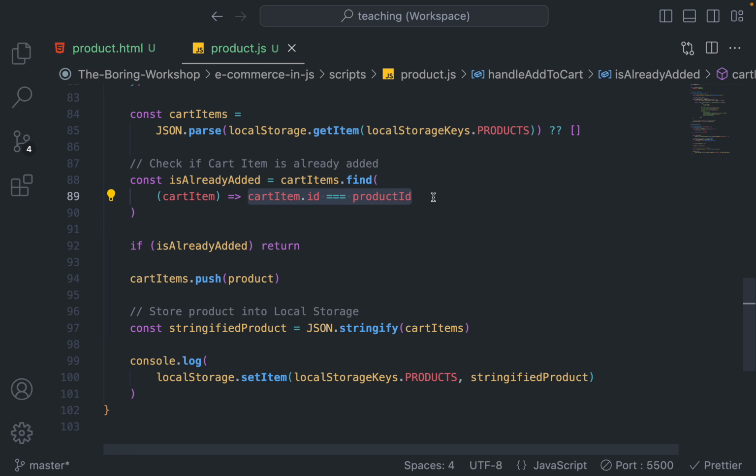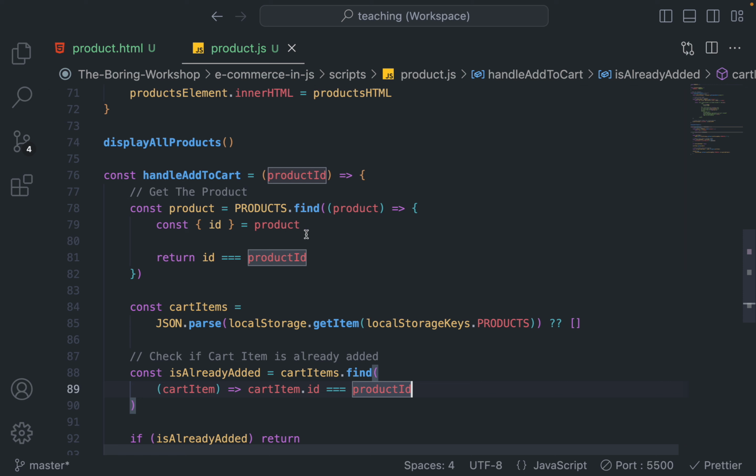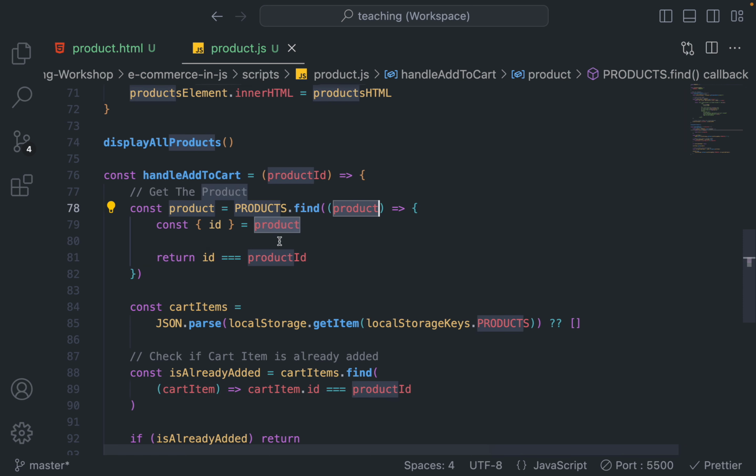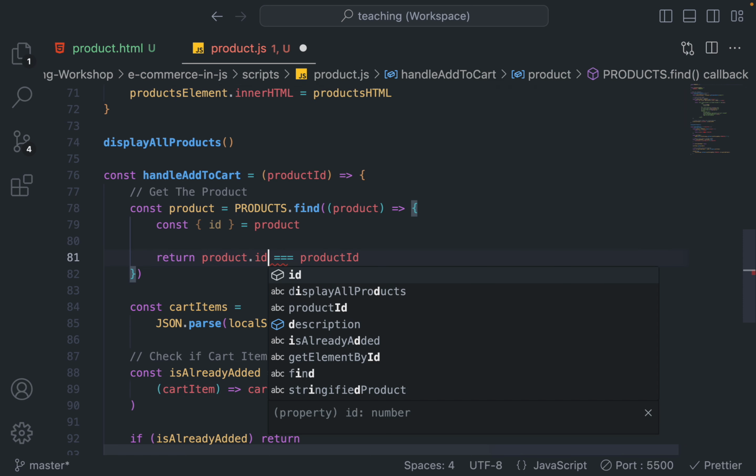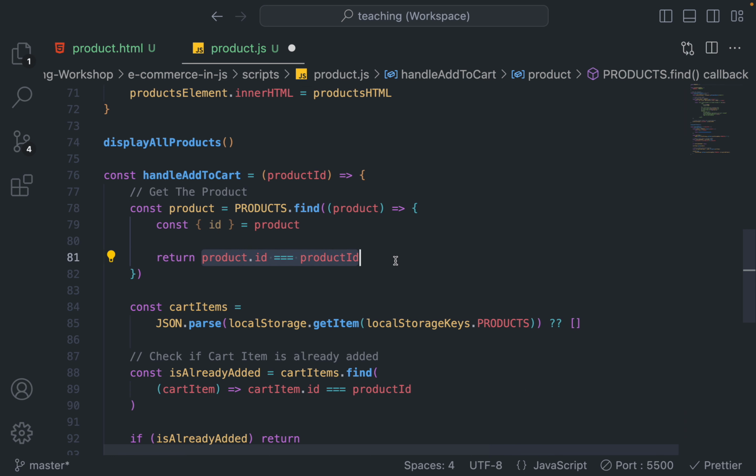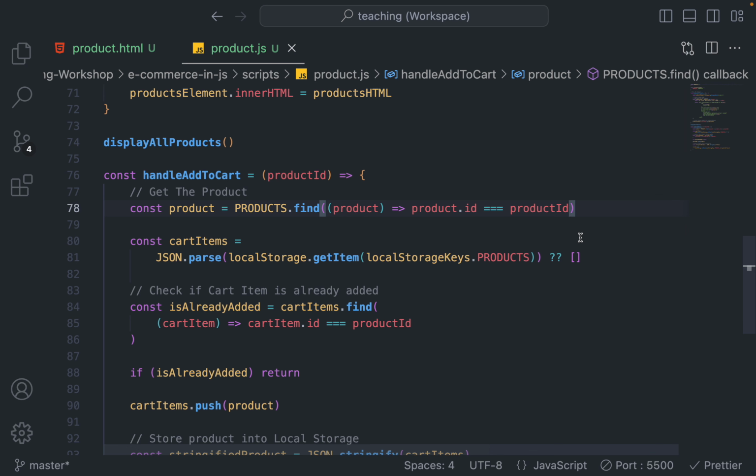We are only using one single line, and that is why we are not using the return keyword. Return is not used when you have only one line to write, right? So you could have avoided it here as well. Like product.id, you can simply cut it and come here and paste it. That's it. It's that simple, right? Anyways,